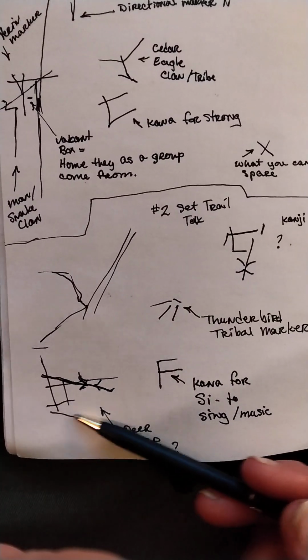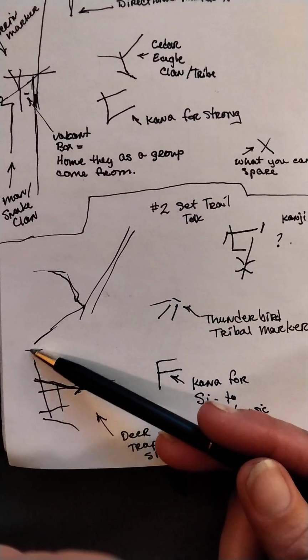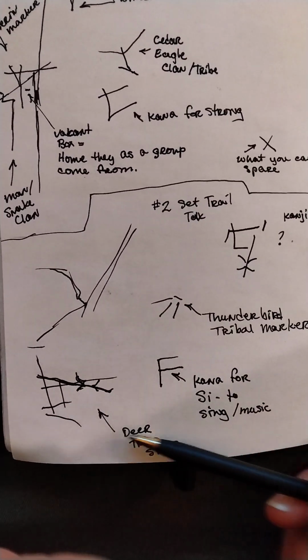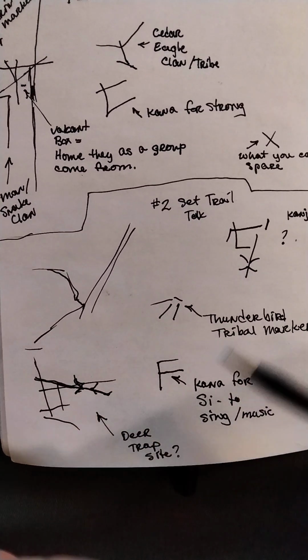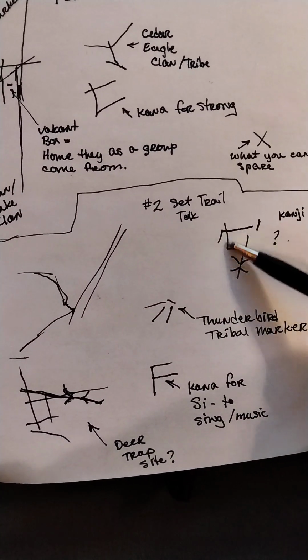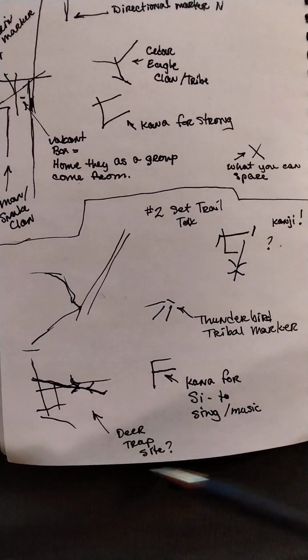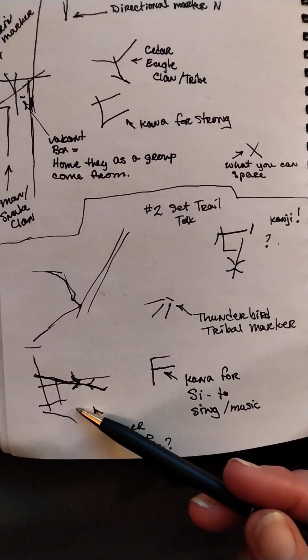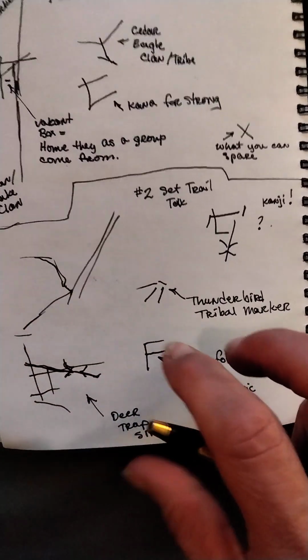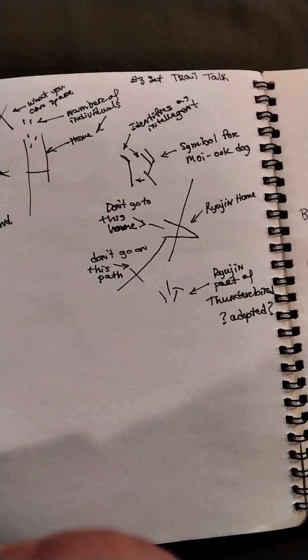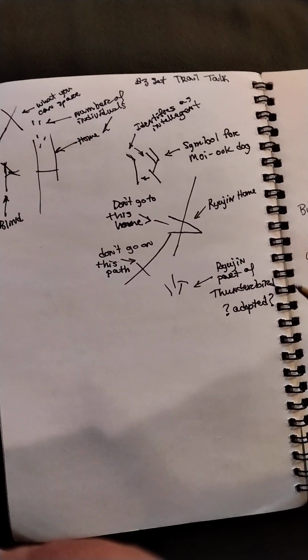And then this little area here where the grass is laid out and it's got a break, there's some suggestion there that it's either a place not to go, or maybe it's a blind, but it could also be a kana or a full-on kanji. So I'm going to take a little better look at this area before I go into much more detail about it. And then the third element that was laid down were these pieces here.